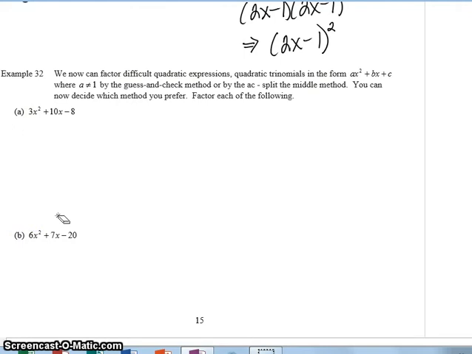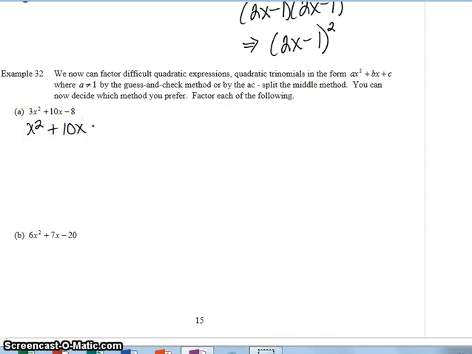It says, you can now decide which method you prefer. Factor each of the following. All right, so what I'm going to do is I'm going to do one using slip and slide just to kind of review it, and then I'm going to do one using AC split the middle. Okay? All right, so the first one, I'm going to slip out the 3, and I write x squared plus